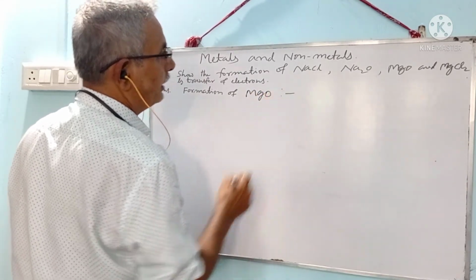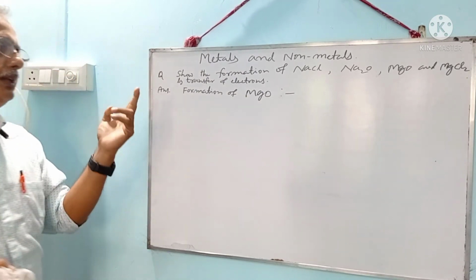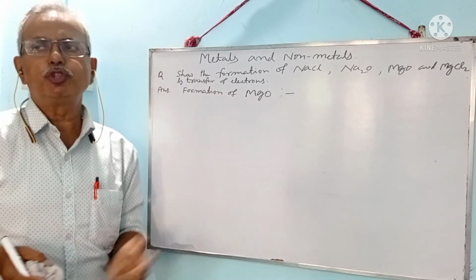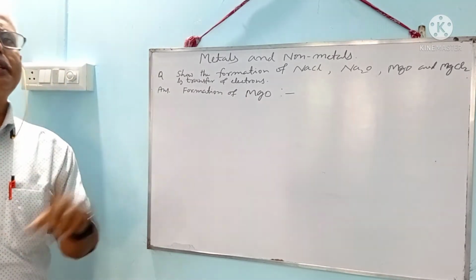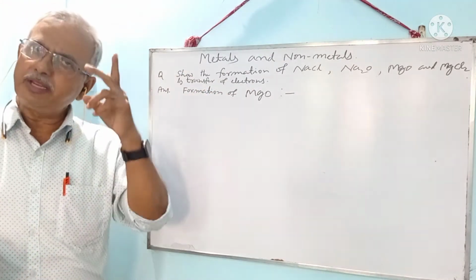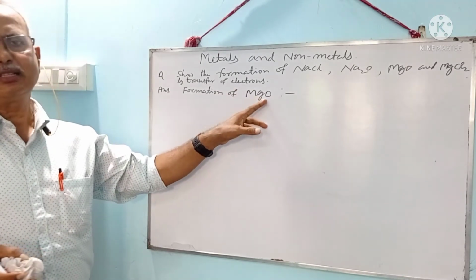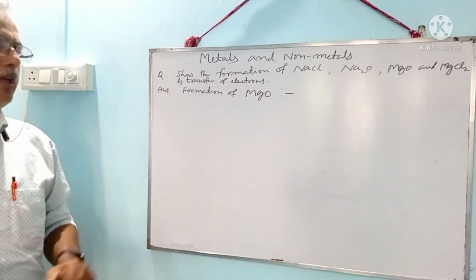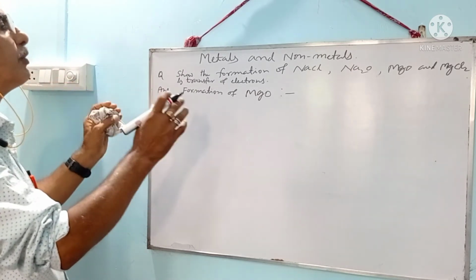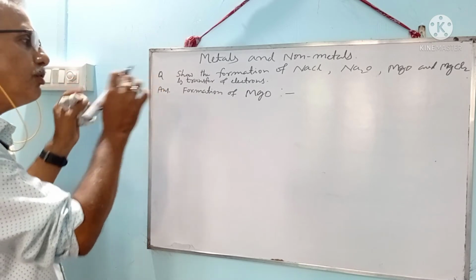One by one you see. How can you write MgO? You see, there are two types of atoms present in MgO. One is metal, that is magnesium. One is non-metal, that is oxygen. Metal has the tendency to lose electrons and non-metal has the tendency to gain electrons. First of all, I am supposed to write their electronic configuration and we have to show the electron dot structure